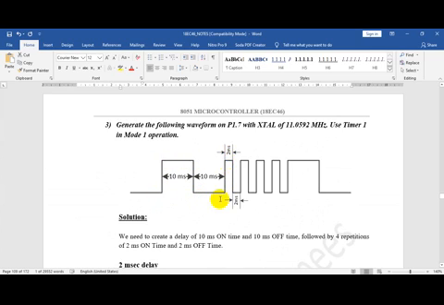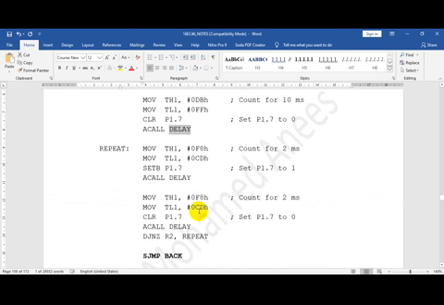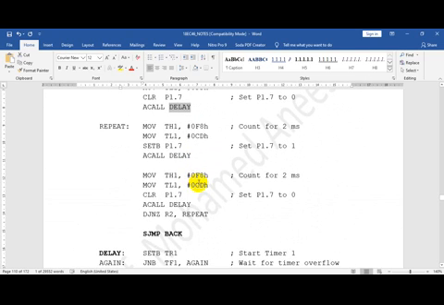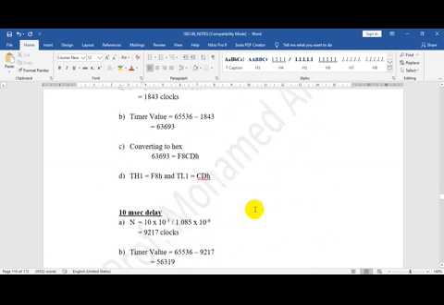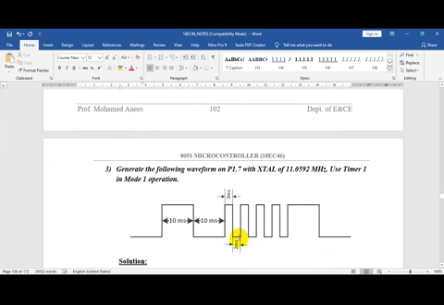Again I have to make it high. After this, I will load the count for 2 millisecond. Then I will make it high, call the delay. Then for the off time I will again load the count and then I will clear, and again call the delay. Now I have generated until here.